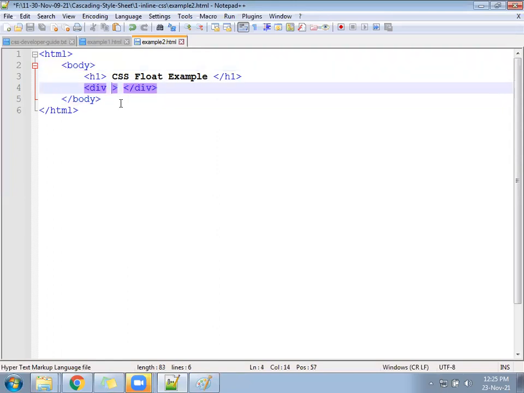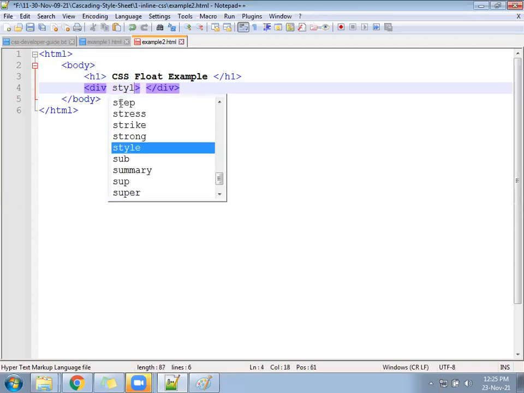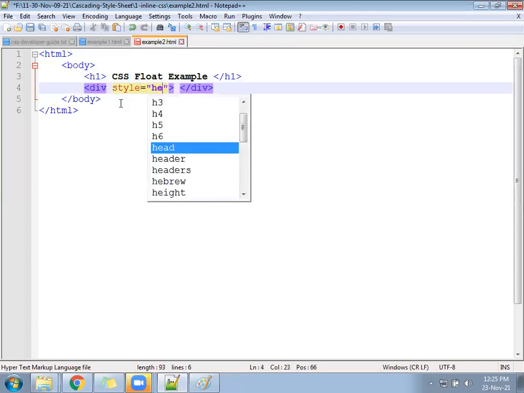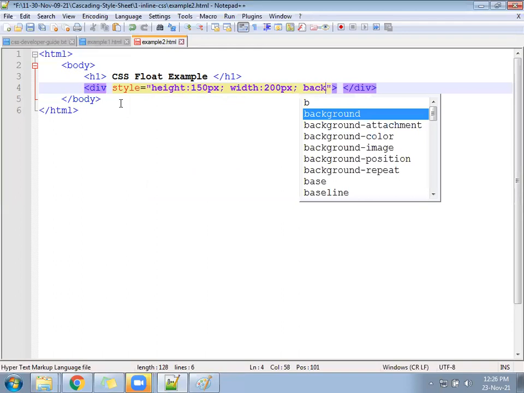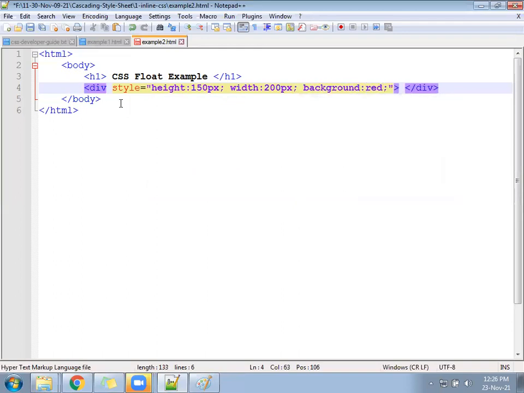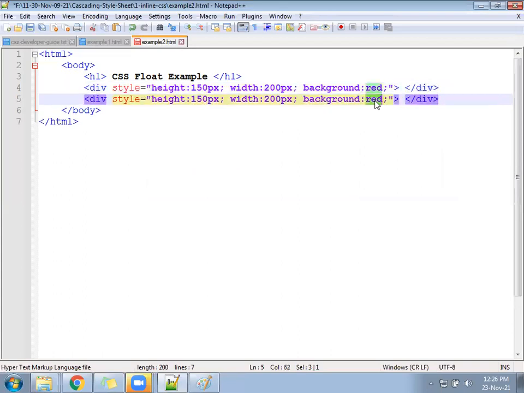Right here, style equal to height, suppose 150 pixels, width 200 pixels, background red color, and keep one more with background green color. Red and green, two divisions.